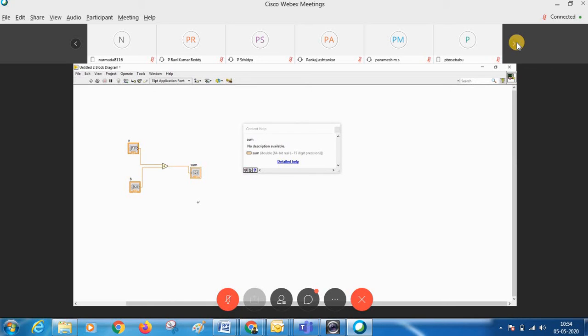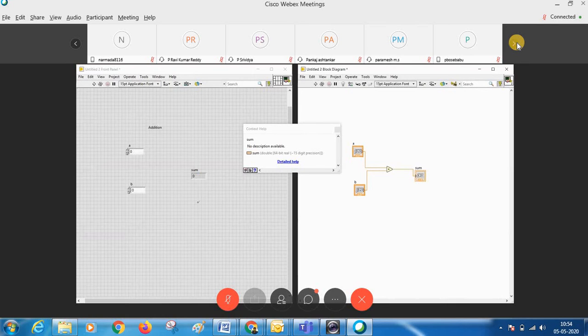It is a simple program, addition of two numbers. Okay, come back to the front panel. Press Control T again. You can tile the panels. Now, what I want to know is the difference between C programming and your graphical programming. See, I know that in C programming, I need to do the addition of two numbers.